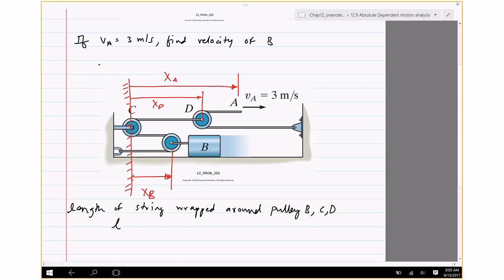So that length BCD is constant, and that's given by